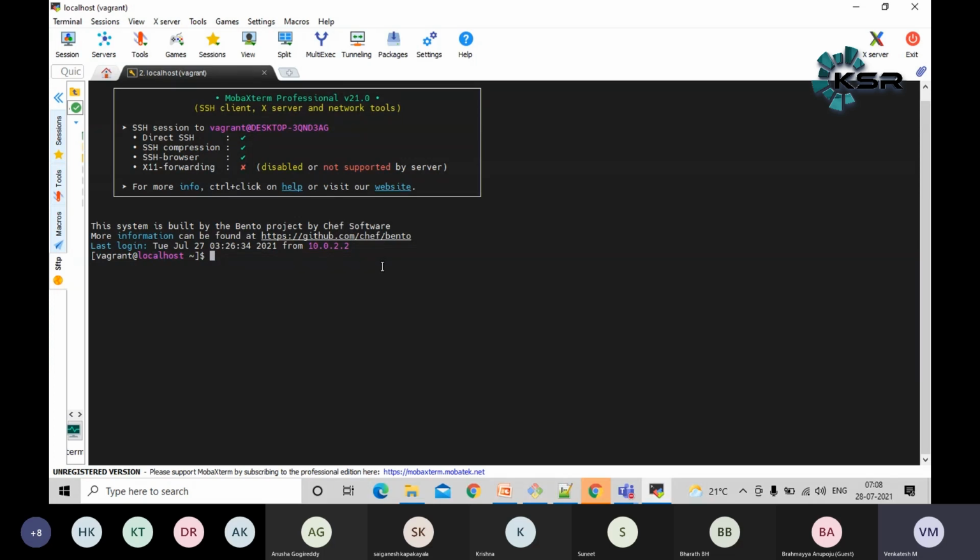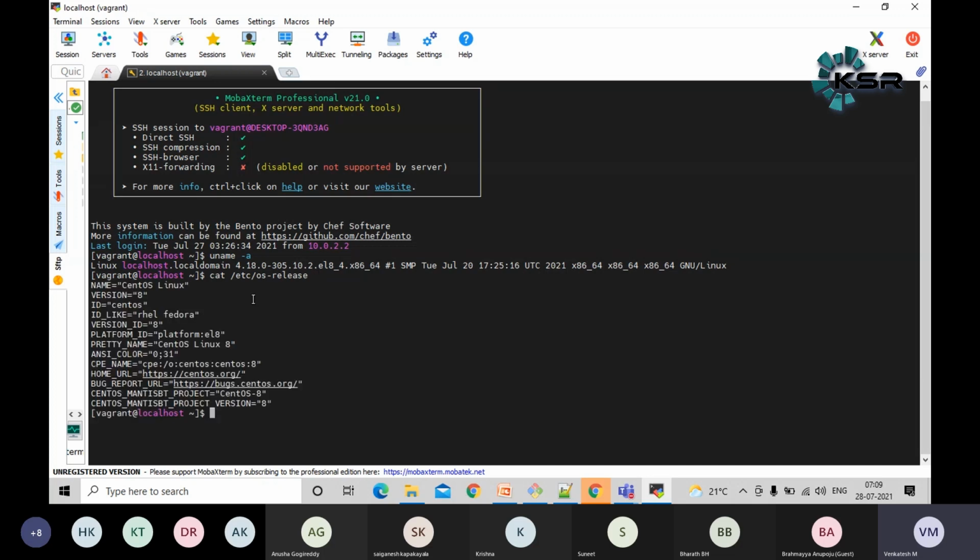Now, let's see, uname -a. What is the command? Yesterday we had discussed, right? uname -a. Here we can get all the system information and OS version. Here el8 by default means the CentOS family. If you want to see it completely, we can also see it in /etc/os-release. Here, just like in Windows, we can see the version details. The VM I created is a CentOS 8 machine, and I have some minor version also.